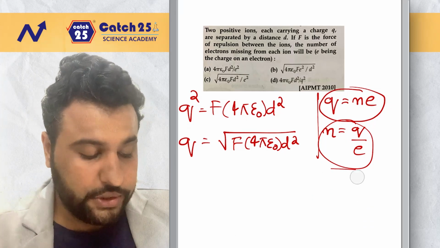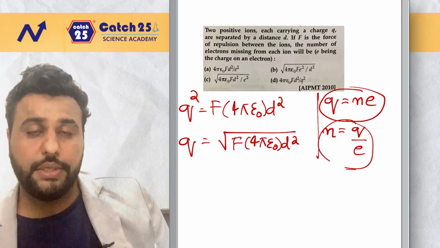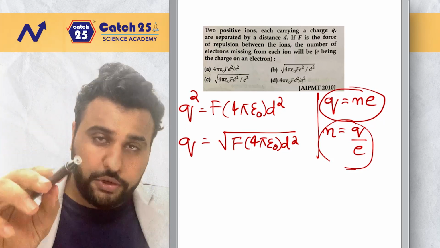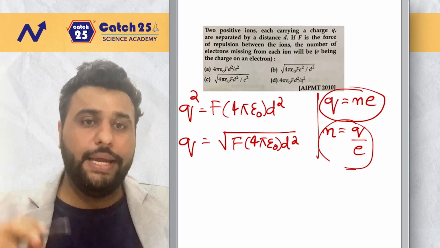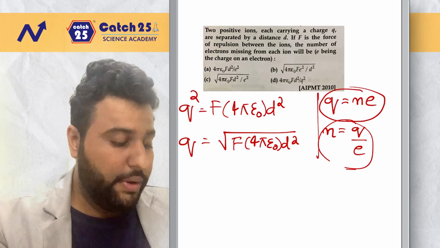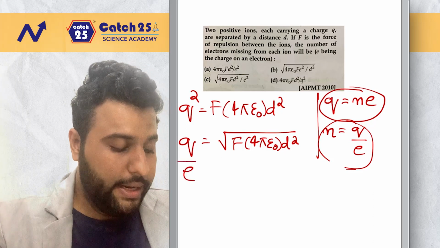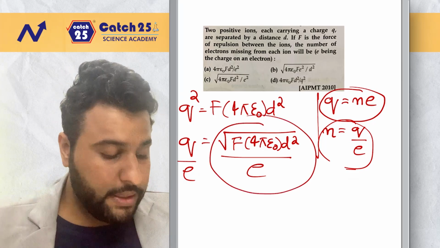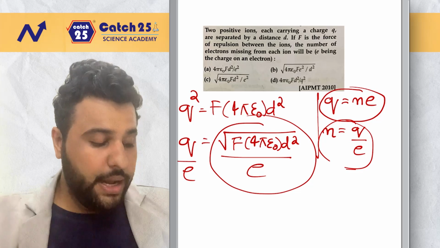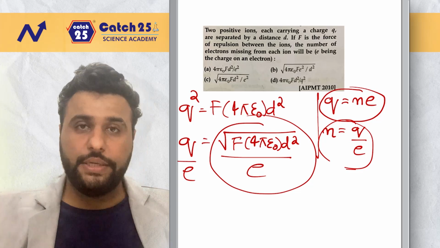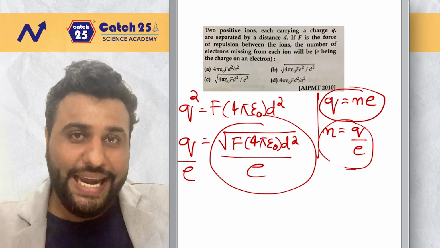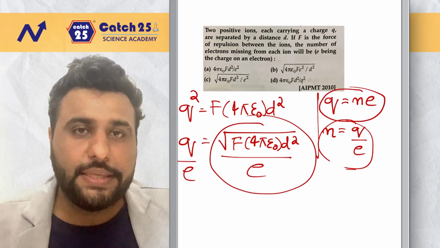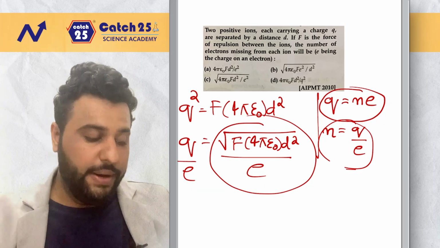But is the question for charge or is the question for number of electrons? The question is for number of electrons. If you see on the screen, the number of electrons formula is charge upon e. Therefore, I got Q. Now, if I do Q by e, even this will be e. Therefore, my answer will be this. But if you look at it, I get an answer which is not matching. Therefore, what I will do is I will take e inside the square root. If I take any term inside the square root, it will become squared. For example, if A is outside the square root and I take it inside the square root, it becomes A square.